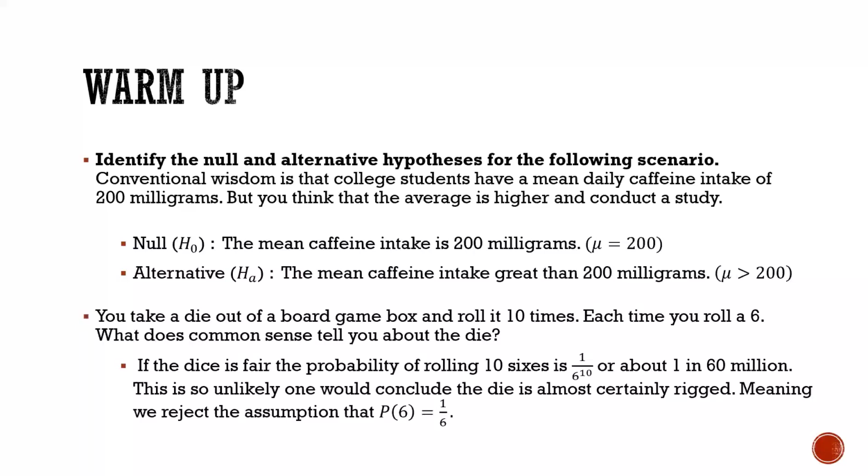Or two, the dice is fixed, meaning that you're rejecting the assumption that the probability of rolling a 6 is 1/6, because the event that you saw with your own eyes is very unlikely under that assumption. That is exactly what you're doing. This assumption is your null hypothesis. You are rejecting the null hypothesis because your sample is very unlikely to have occurred